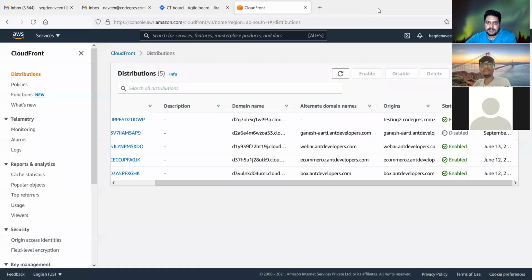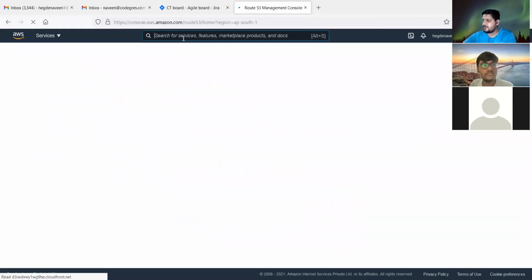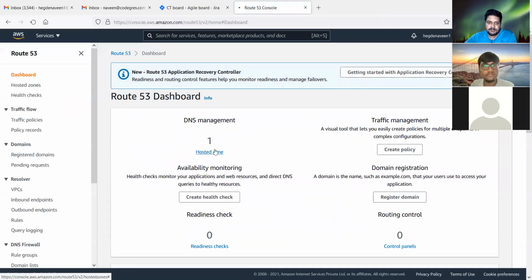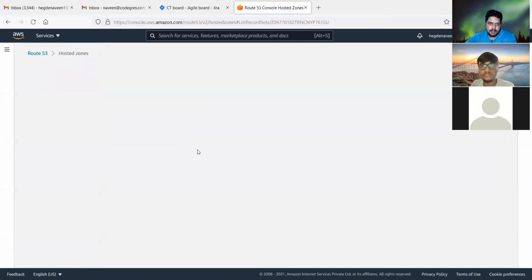So I should go to Route 53 only. So it's based on that. For DNS, you can go to Route 53, or you can use Lightsail, or CloudFront.